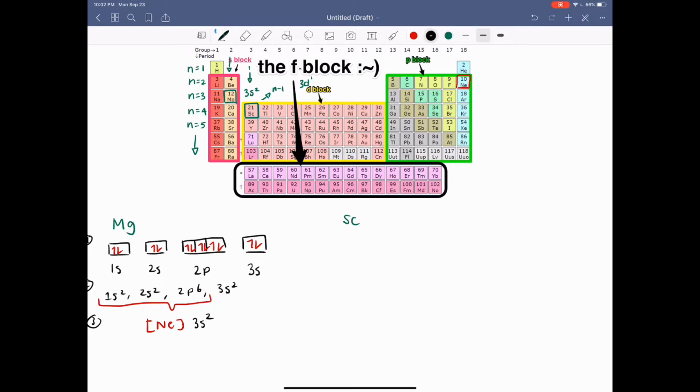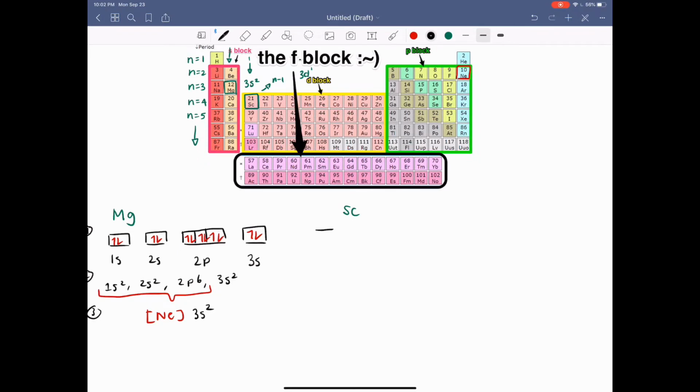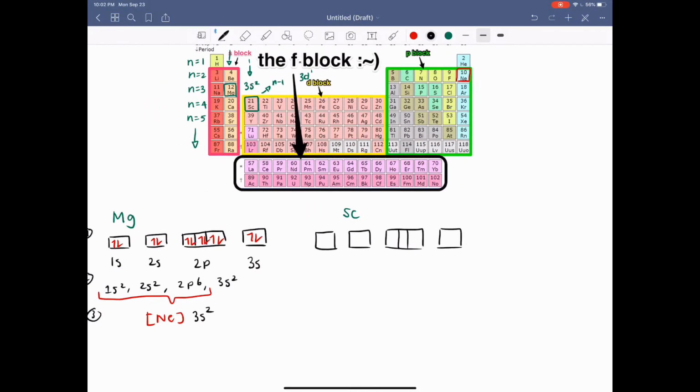So that would mean we'd fill orbitals up to and including 3d. So let's do that. We have 1s, 2s, 2p, 3s, 3p, 4s, and then 3d. And then after that,